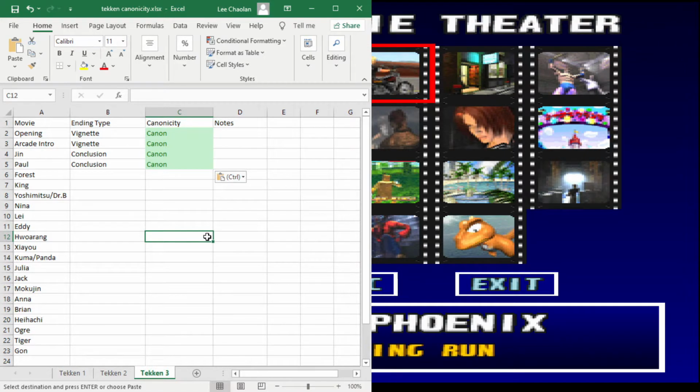So what is happening here? Paul defeated Ogre. He leaves the tournament. This happens to him. Back at the tournament, Ogre has transformed into True Ogre, and the tournament continues. I don't know how that works. I don't know how the Mishima Zaibatsu got away with the rules and regulations there, because last I checked, when you defeat your opponent and they fall down, just because they transform into a winged monster